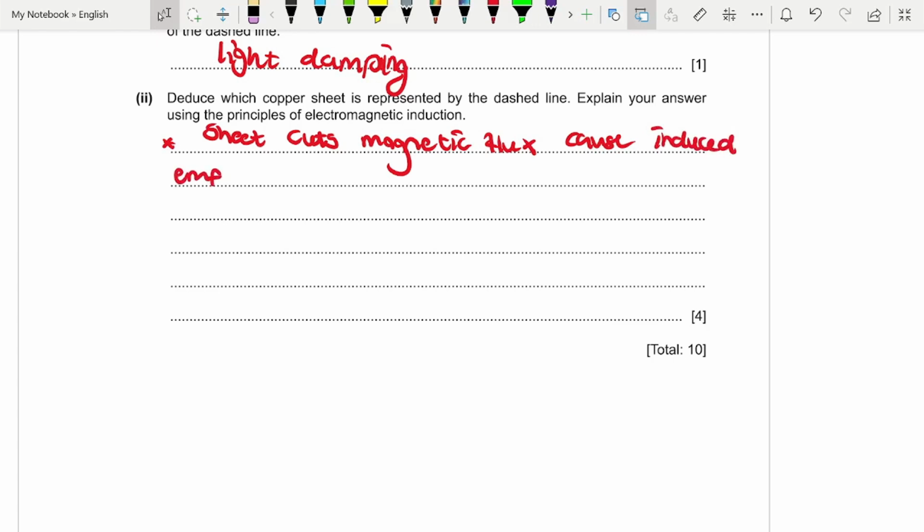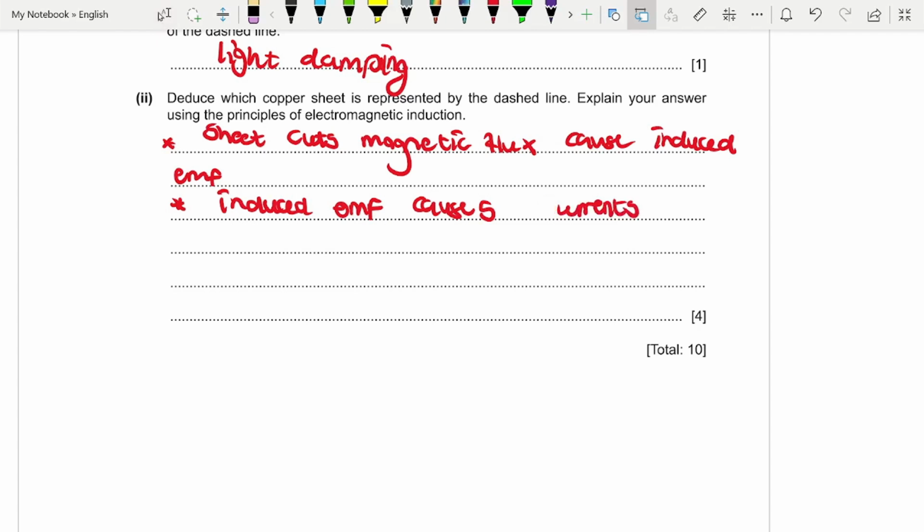And then the induced EMF causes currents